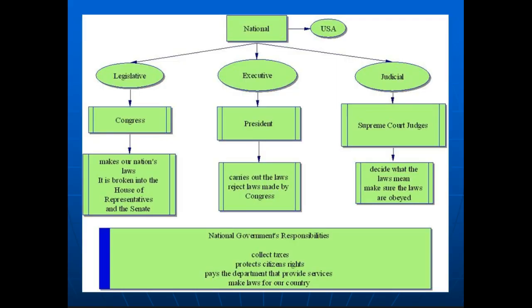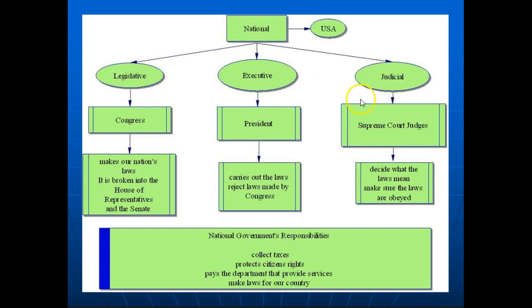Just a real quick review here. If you remember, we had talked about this earlier. At the national level, and really it works this way at the state level too, we have the legislative branch, the executive branch, and a judicial branch. The legislative branch, which is what we're going to concentrate on here, is represented by Congress. It's the legislative branch that makes the laws. It's broken up into two chambers, both the House and the Senate.